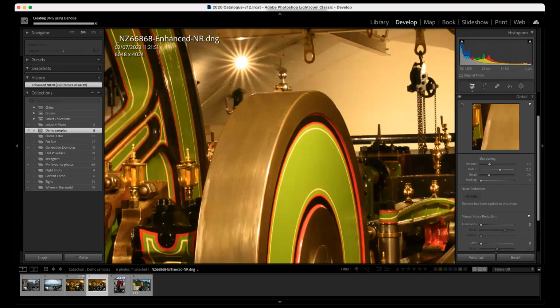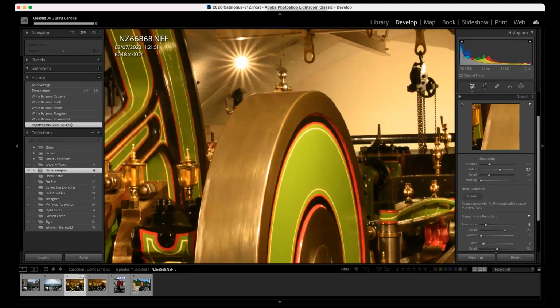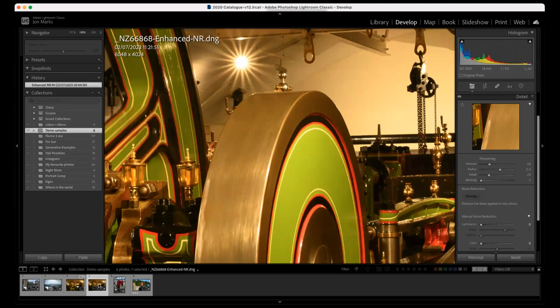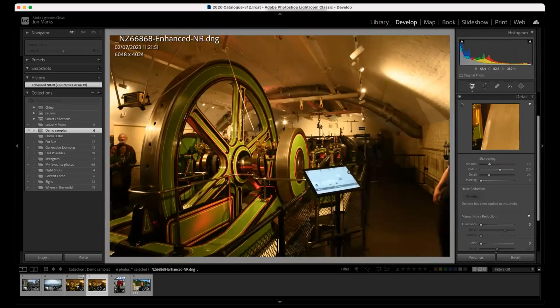Right. So you see, I've now got two versions of the file. That's the first one with the noise in it. I don't know how visible it is on Zoom, but here there is a significant difference. So, firstly, we got rid of the noise. Secondly, if we look at the